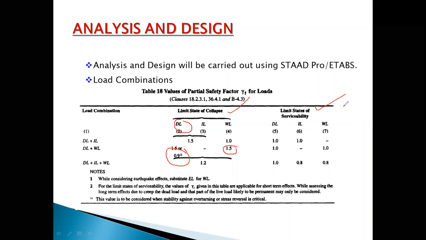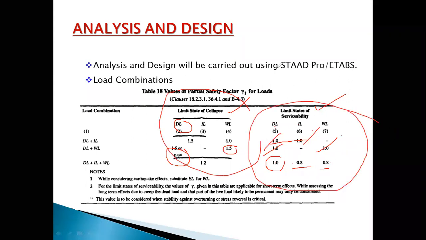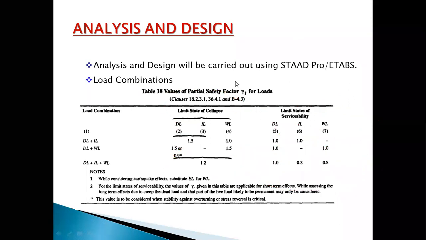And then limit state of serviceability case, you can take dead load plus live load, only one. For all the two primary cases combination, you can take only one, like dead plus live, 1-on-1, dead plus wind, 1-on-1. If I take 3 primary case combination like dead load, live load, and then wind load, dead load is 100%, live and wind loads are 80% and 80%, nothing but 0.8, right? So based on this table, we can make the load combinations, right? So now I can get back to this start.